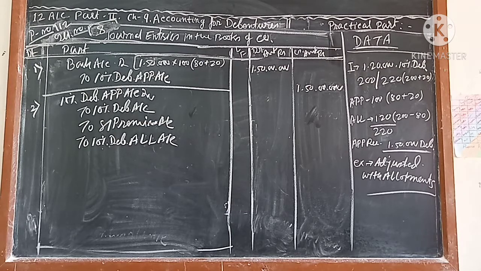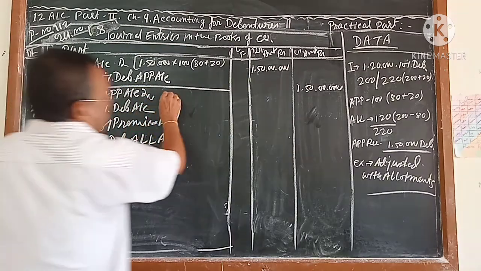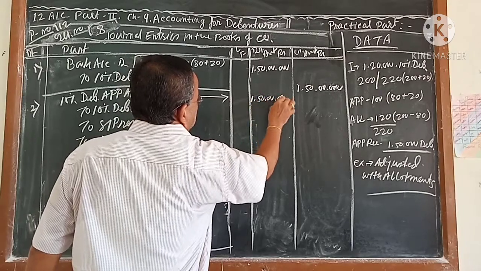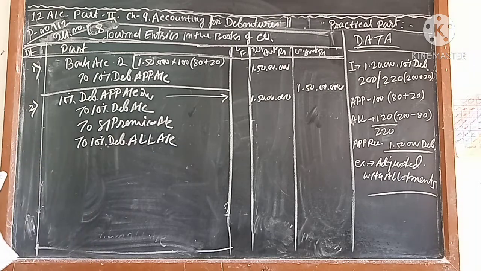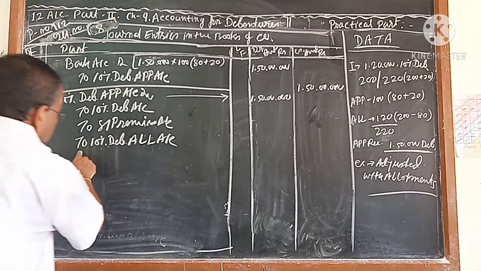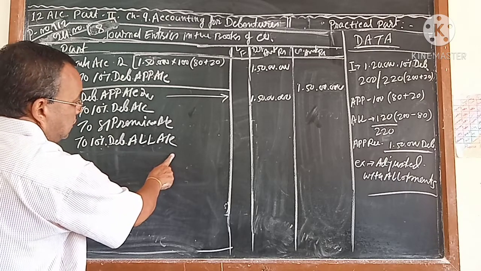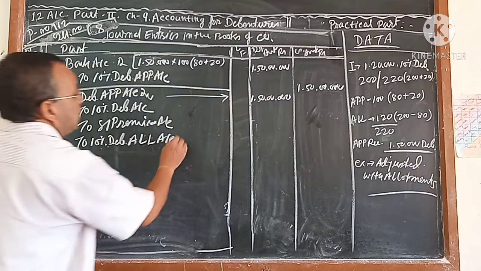This is what is given. What is given? 10% debenture applications account, already you wrote it here. So the same amount you write it here: 1,50,000. Correct? Now you see that this is actually the bank amount you have to refund, but you are not going to refund. What you are going to do? The excess money you are transferring to the allotment account.